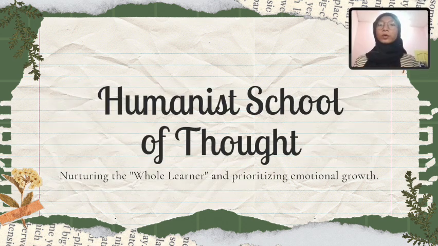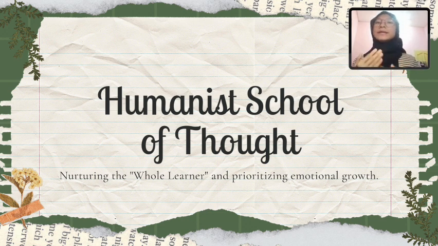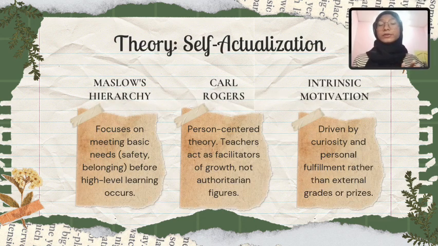Let us explore our third theoretical perspective, which is the humanist school of thought. Humanism shifts our focus back to the learner as a whole person, emphasizing emotions, well-being, personal growth, and also self-expression. The core assumption of humanism is that human beings have a natural desire to learn and achieve self-actualization, which means reaching